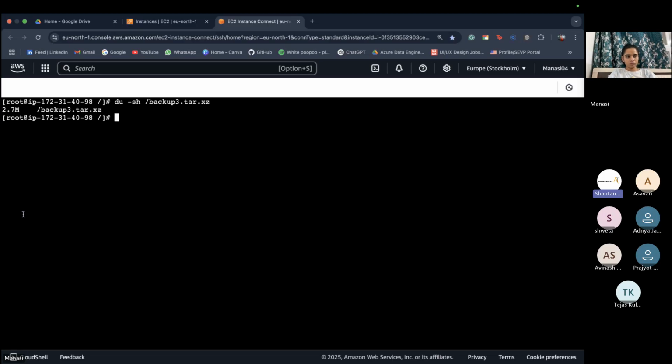Now the next part is how we can uncompress these files. Because if we know compression, we should also know how to uncompress it. Because before transmission, you'll compress the file, you'll transfer the file, and again at the new destination location, you have to uncompress it. As we had three different methods for compression, similarly, we have three different methods for decompression: gzip compression and decompression, bzip2 compression and decompression, and xz compression and decompression. So now let's uncompress the gzip file first.